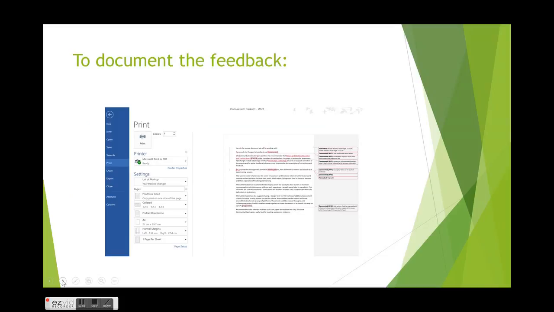So the next step then is to document the feedback. This is really useful because you can document the feedback all in one place, rather than having to refer back to your diary to figure out when you gave the feedback. And it can also be documented in a format that learners can read. So the way you do this is to go to the print section of Word. So you click on print under file, and then